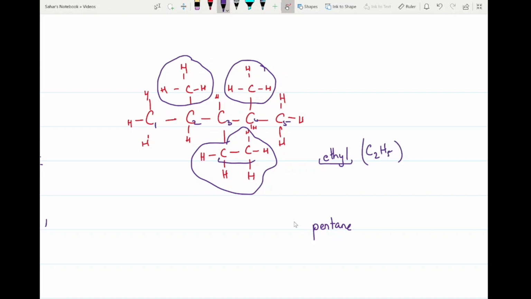Now over here, let's identify the position of our side groups. So we have a methyl group on the second carbon, we have a methyl group on the fourth carbon, and we have an ethyl group on the third one. So we have 2 different side groups starting with 2 different alphabets. So when we're presented with a scenario in which we have 2 different side groups, we name the side groups according to alphabetical order. So according to alphabetical order, we would start with the ethyl group, so 3 ethyl, and